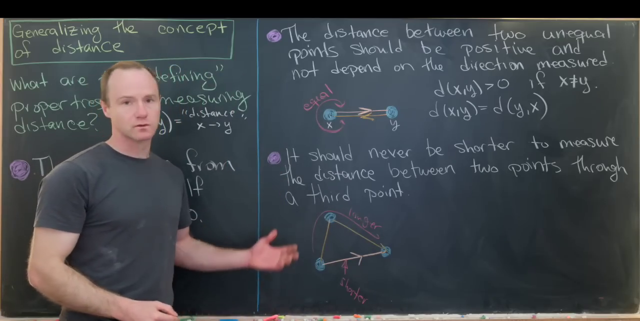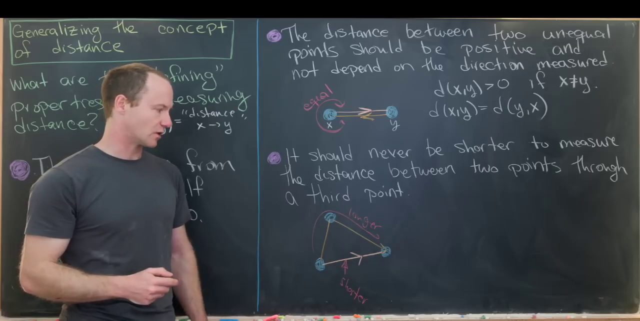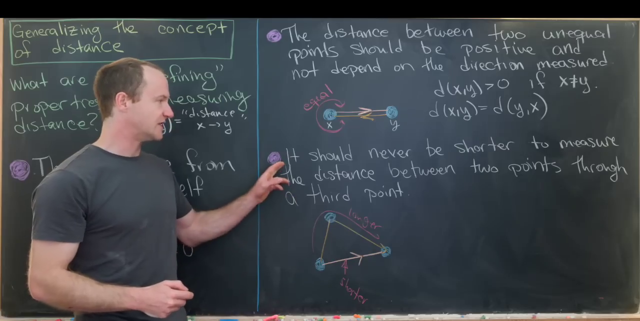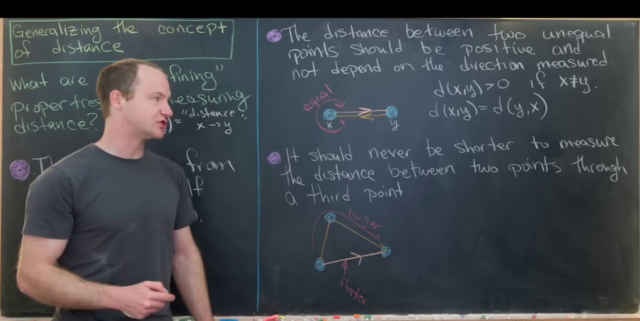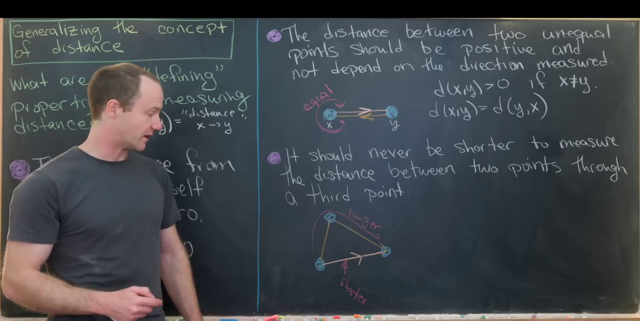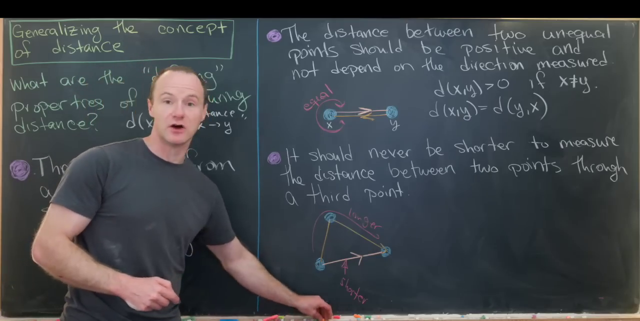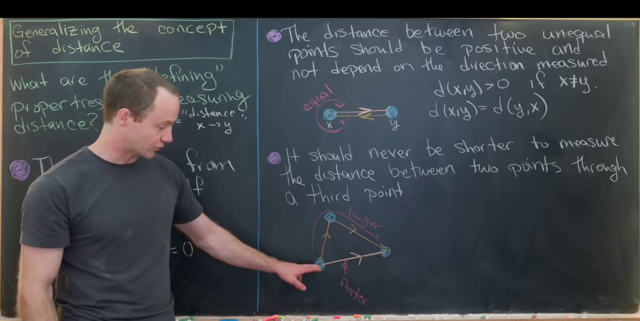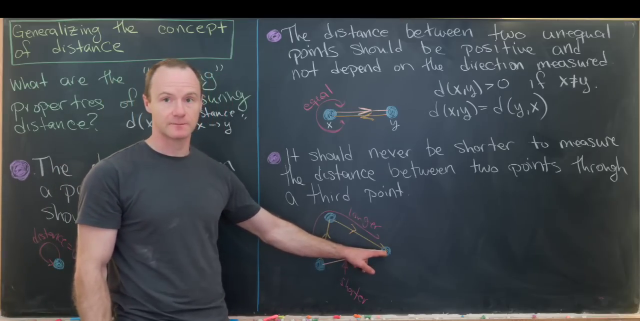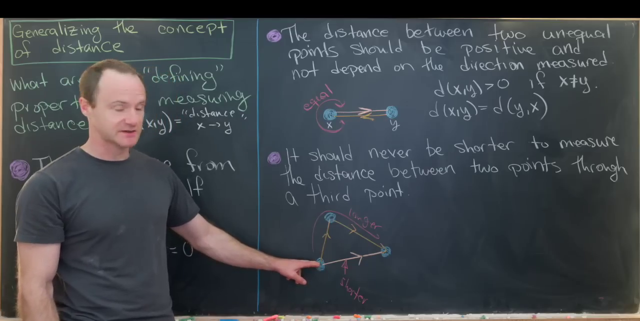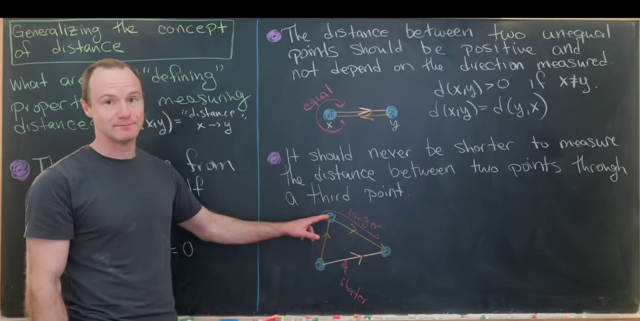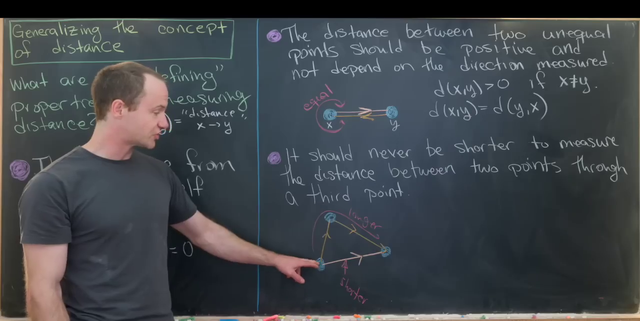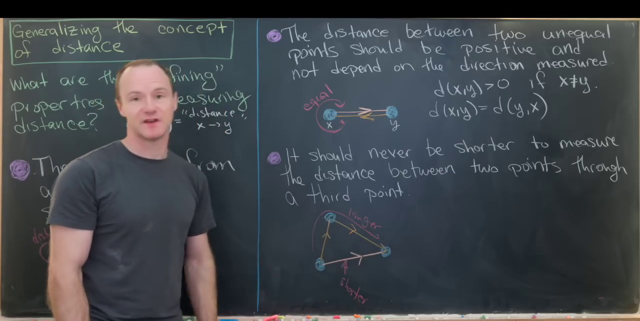Okay, so the last rule is a little bit hard to write down in words, but it is really obvious when it comes to a picture. But here's what I've got for words. It should never be shorter to measure the distance between 2 points through a third point. This is something that's well known to be called the triangle inequality. And it says that if you walk directly from one point to another, that should be a shorter distance than walking from your starting point to a midpoint, or a point like